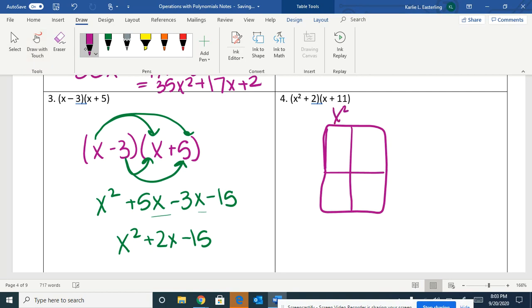So we're looking at x squared plus 2 and x plus 11. So this will end up being x cubed. This will be 2x, 11x squared, and 11 times 2 would give us 22. So our final answer here, once we combine like terms,